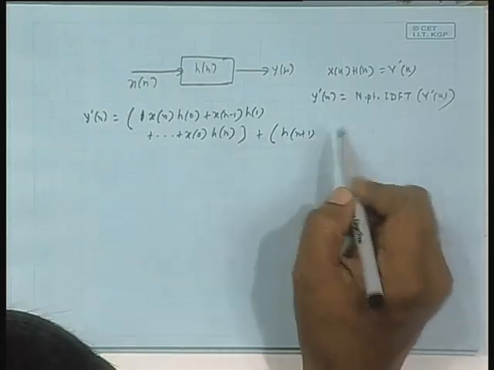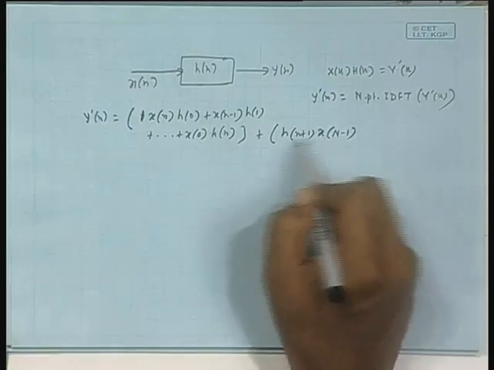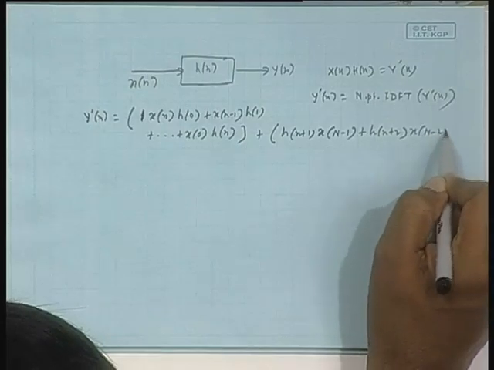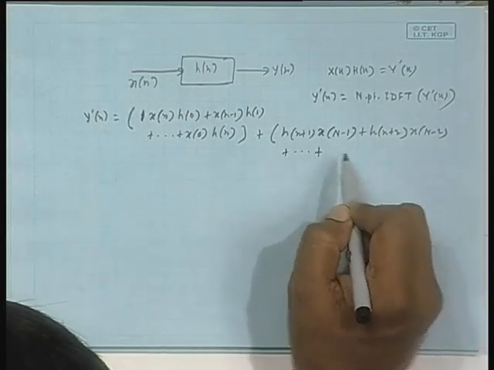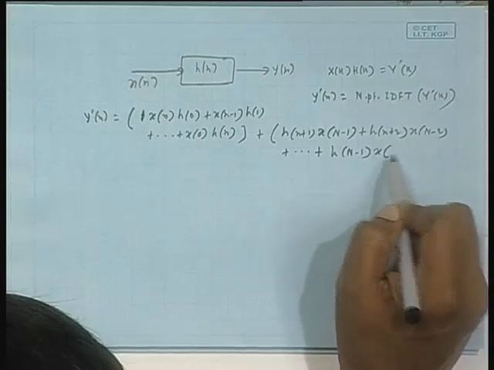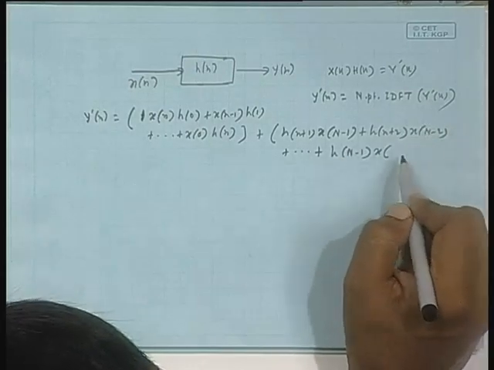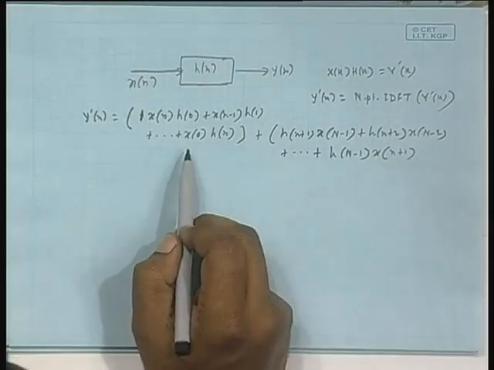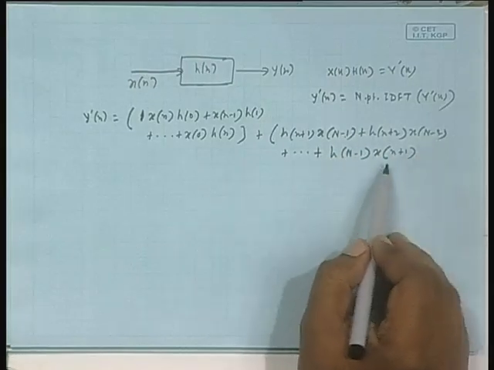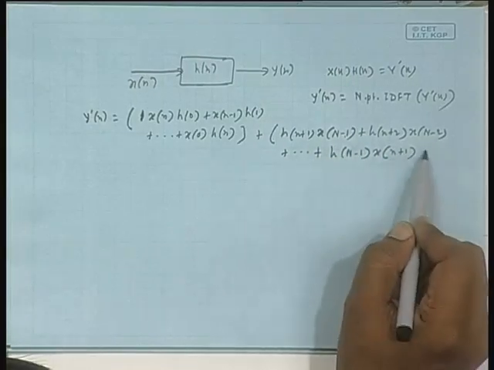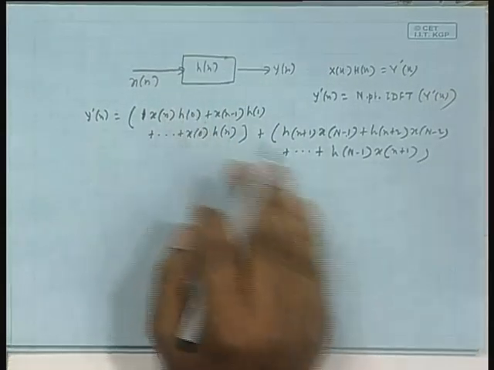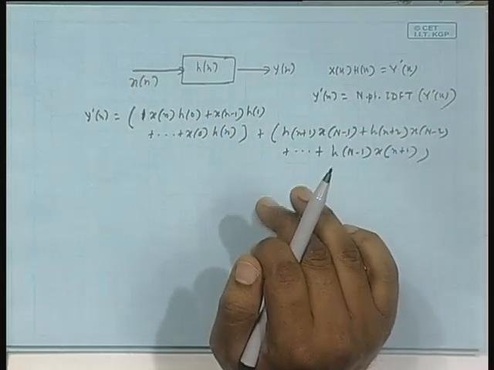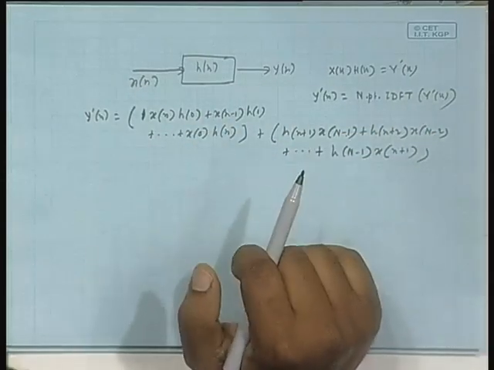And then there was another term, as h crosses and goes beyond n plus 1. You have x n minus 1, the summation should be small n plus capital N, then h n plus 2 x n minus 2, plus and so on, plus h n minus 1 x n plus 1. Isn't it? x is coming down from capital N minus 1 to capital N minus 2, up to small n plus 1. This first part is the linear convolution component you have seen, but the second part is the error. That is why together it is not linear convolution; together it is called periodic convolution or circular convolution between x n and h n.